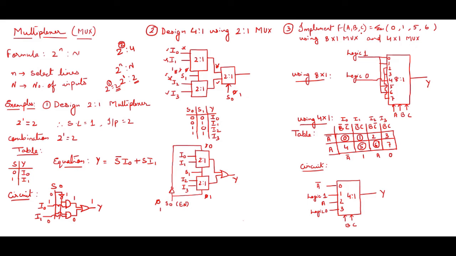But here in this question it is clearly mentioned that you have to use 8:1 mux and 4:1 mux. So the first one I have solved is the 8:1 mux. What I have done is that whatever values are given to me, those values are given logic 1. First of all, I have taken an 8:1 mux and I have represented all the input pins, that is 0 to 7, right?